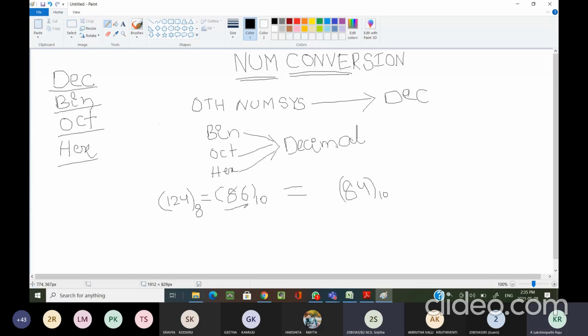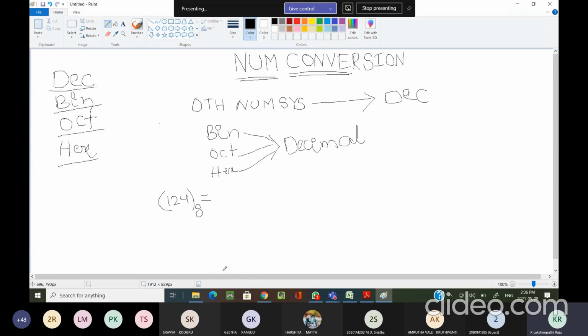72, you can cross check once. Why? Because the majority of the people got 84 of base 10. Those who are not understanding, I can also do it here, to cross check whether it is 84 or 86. It should definitely be 84 of base 10, because the majority of the people got the same answer. Now first we need to identify the positions. The positions are 0, 1 and 2.